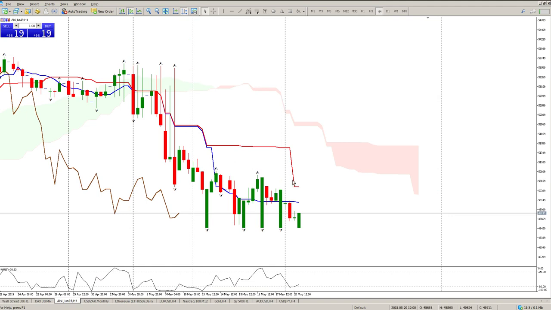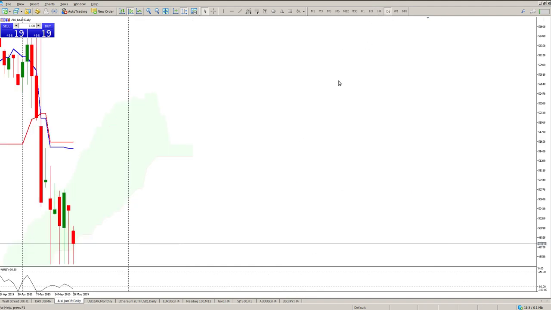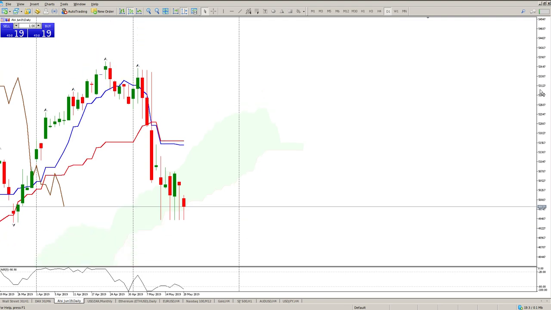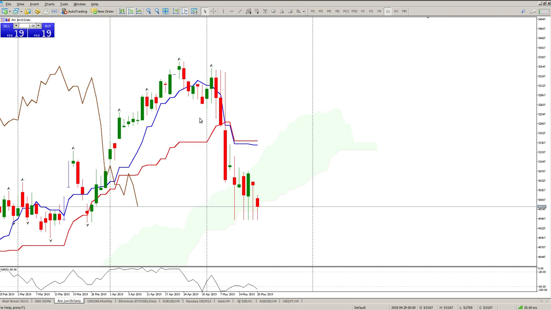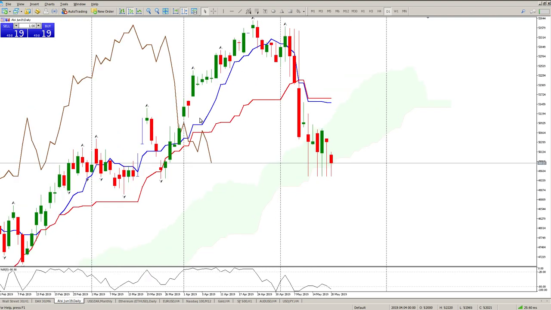Okay, you can see the trend is currently down, but we are ranging: flat cloud, flat Kijun-sen, flat Tenkan-sen, grouping of the oscillator to the downside. So that's the one thing, and we are in the cloud, bouncing off the bottom of the cloud at the moment. So we're on the verge of changing direction on the daily. Okay, we do have a bearish crossover here as well, which is not a very good sign. But anyway, play the short. I'd want to see a rally back into this zone and then